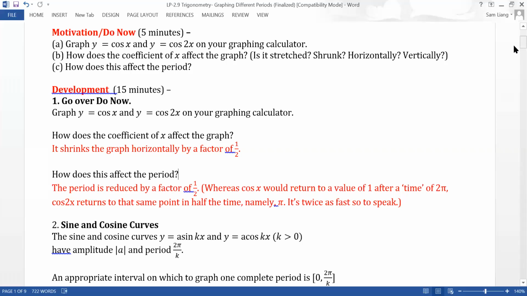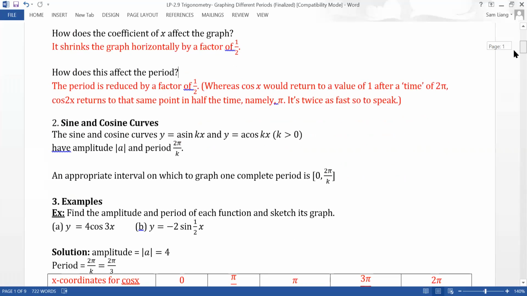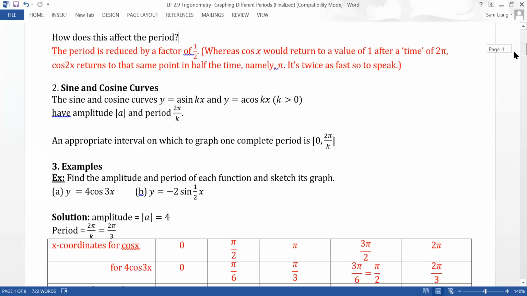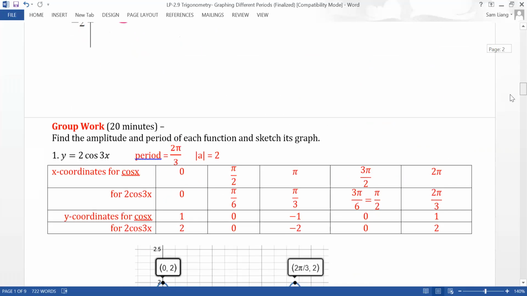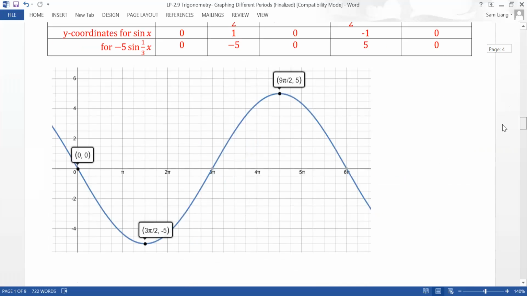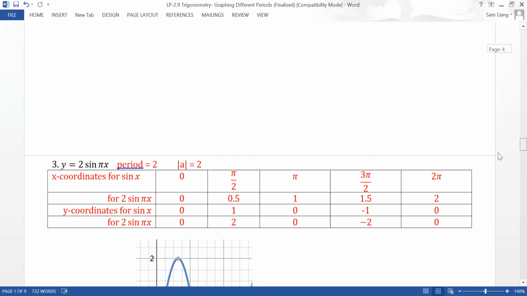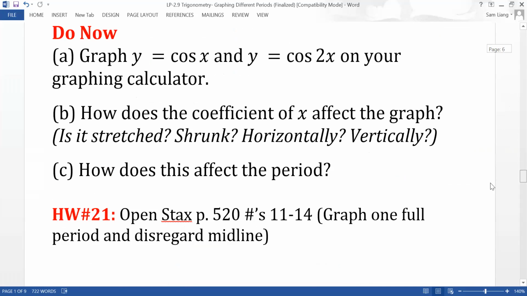All right, so for the rest of the lesson, let me just give you an overview. It's the sine and cosine curves. Today we're going to talk about changes in period. So the period is modified, so it either moves more quickly or slowly. I'll show you the notes in a sec, and then we have some examples, and then class for questions. Okay, all right, with that said, let me get to the